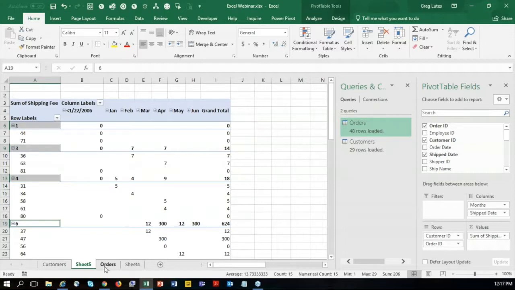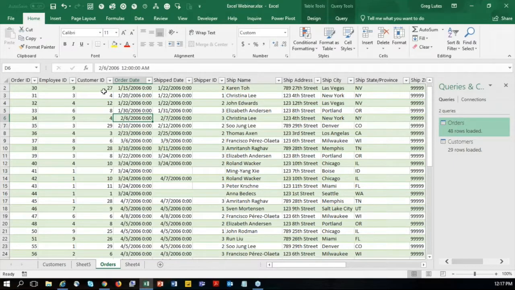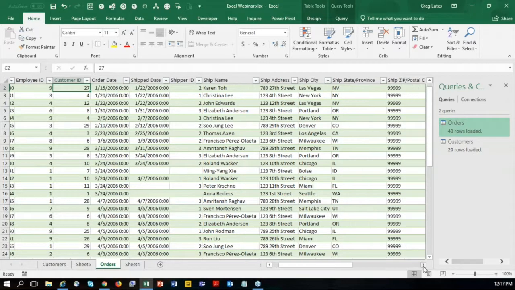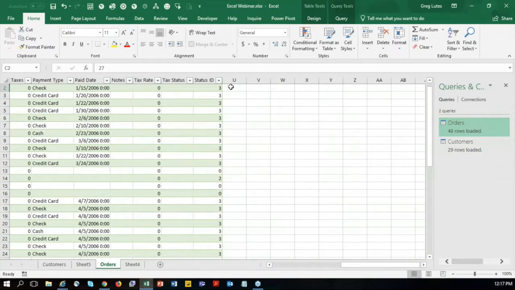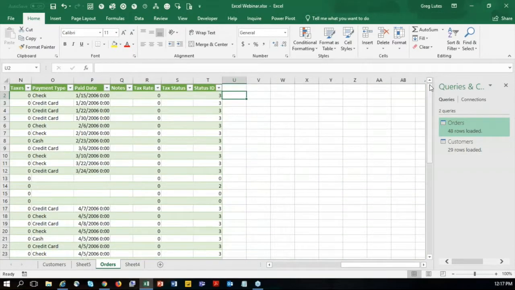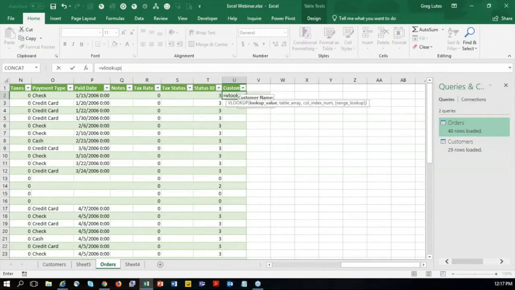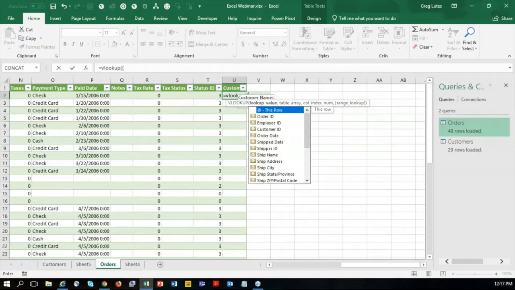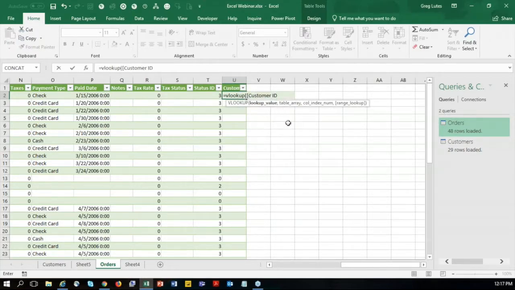So what did you have to do? Well, I had to create a lookup, right? I had to look up the customer ID inside the customer table and come back with the customer name. So I'd have to create another column. Call the column customer name. And customer name would be a VLOOKUP. So VLOOKUP, opening bracket. What are you trying to look up? Well, I'm trying to look up customer ID, close my bracket, there we go,